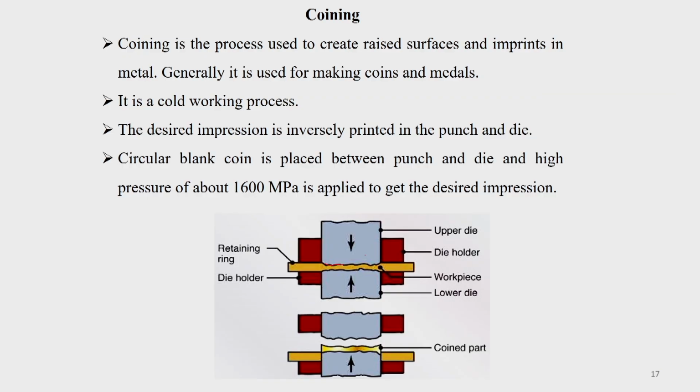So, that impression should be there on the upper die, and similarly whatever you want on the other side will be on the lower die, and then the metal is there, and you are pressing it. When you are pressing it, some plastic deformation takes place and the metal flows into all these contours and fills them up. And then finally it is taken out and blanking is done, sorry. And this coining is always a cold working process. These are used for making coins and medals and many things of this type.